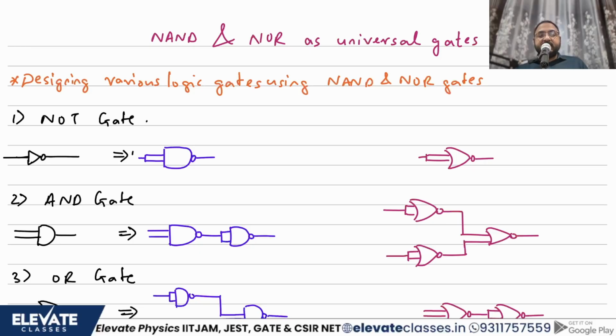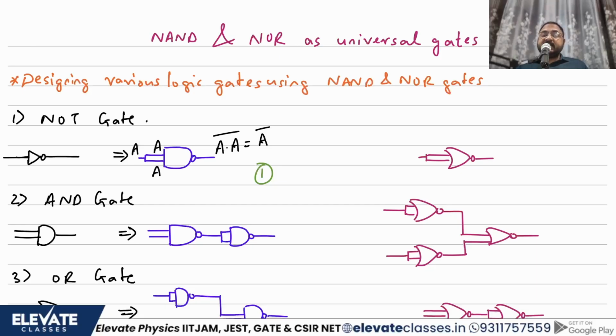So let's say I have an input A over here. So this input goes here, this input goes here, right? This is a NAND gate. What is the output of a NAND gate? You take the product of both and then take the complement, correct? What is A dot A? That is A, but there is a complement on top, so this is A bar. So now we see here that we have used one NAND gate to design a NOT gate. How many NAND gates were required? We needed one NAND gate to design a NOT gate.